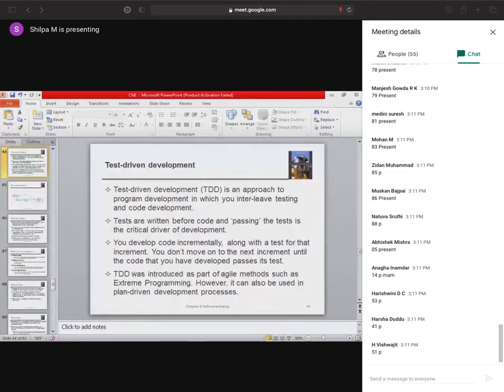Now, whose turn is it to give the presentation today? I think two people who missed in the previous class. Are you ready? I think Darshan and who was the other girl? Darshan is absent today.